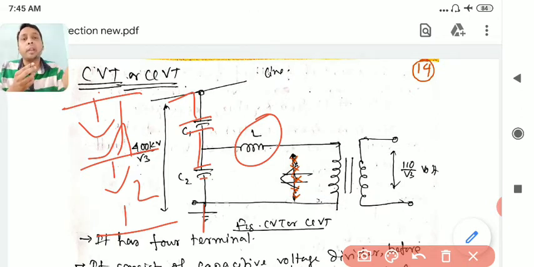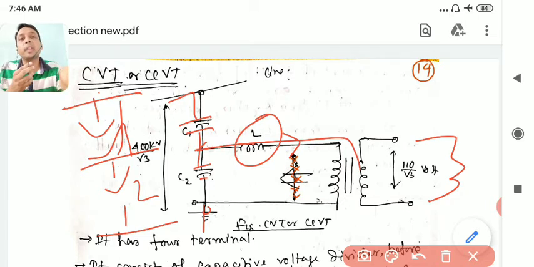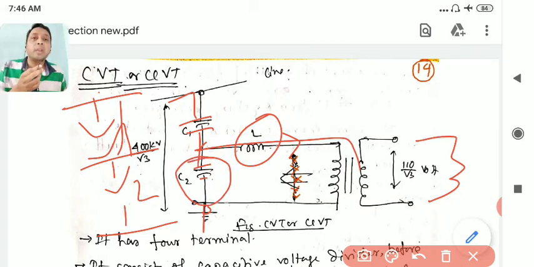If it is not connected, normal V2, this voltage, if you connect it to a load, means your relay, whatever, the burden on the trip coil, that is here, the trip coil will have some impedance. So some current will be taken from this side. So if you take some current, this voltage will not be your V2, it will be somehow less than V2,